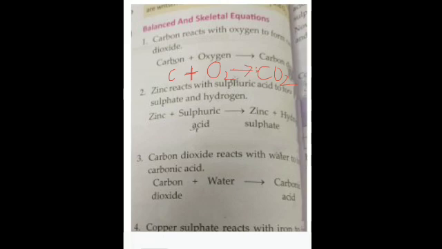Another example is of zinc and sulfuric acid, give you zinc sulfate and hydrogen. What is the symbol for zinc? It is Zn. Then again you put a plus sign in between. The formula for sulfuric acid is H2SO4. Is it clear? Capital O4. This is sulfuric acid. Then what does it form? It forms zinc sulfate and hydrogen is released. Now it is not visible, it will be written in a single line only.